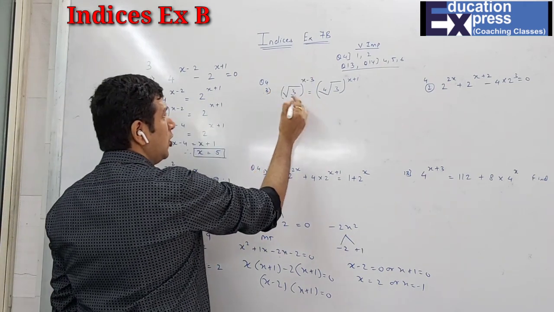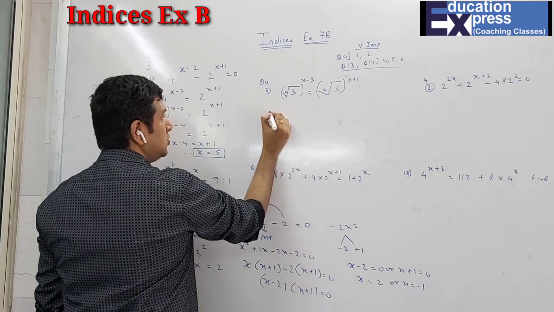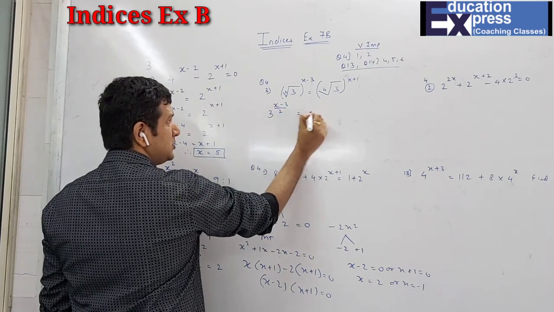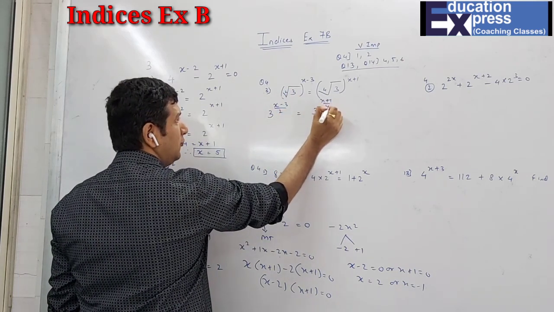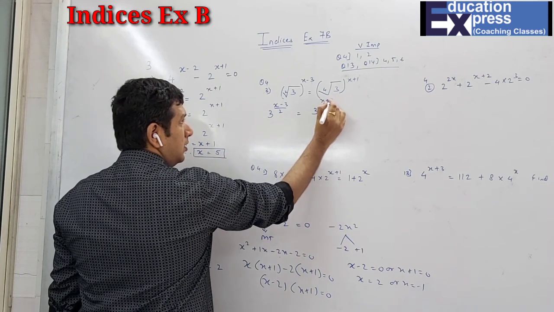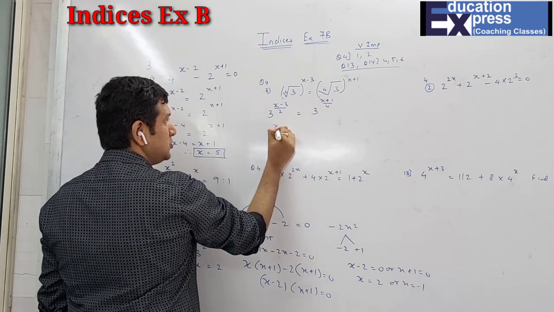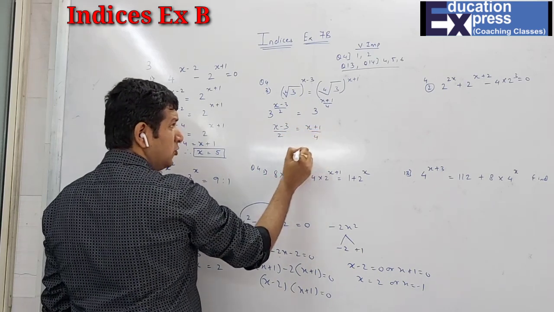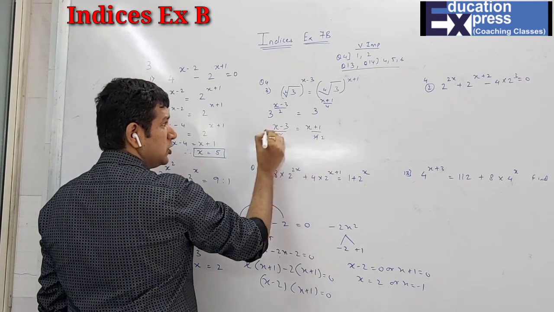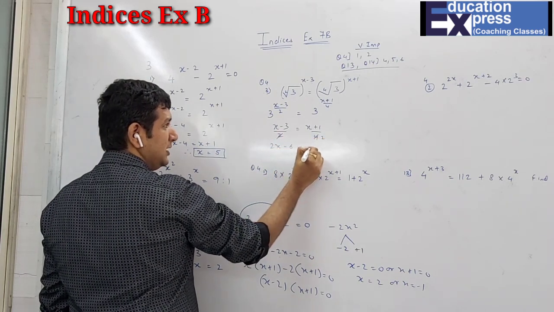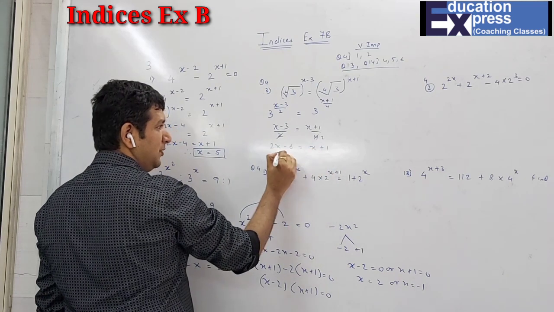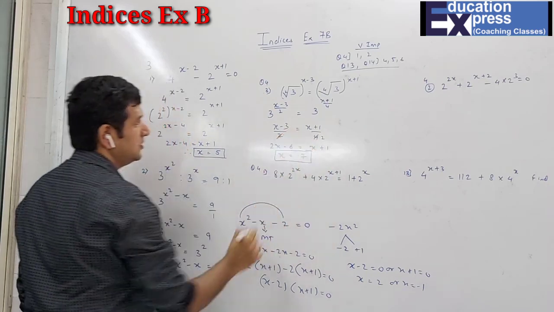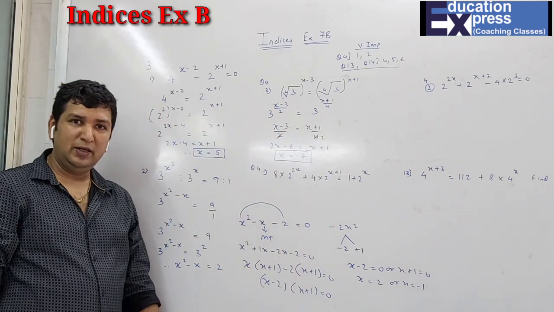So here students, we all know nothing is mentioned means 2. So 3x minus 3 upon 2 will be equals to 3x plus 1 upon 4. Bases are same. So x minus 3 upon 2 equals to x plus 1 upon 4. 2 ones are, 2 2s are cross multiplied. So 2x minus 6 is x plus 1. x will come here, minus 6 will go there. Hence x is 7 is the answer. So it's exactly like question 1, 2 and 3. That's what I've done first.